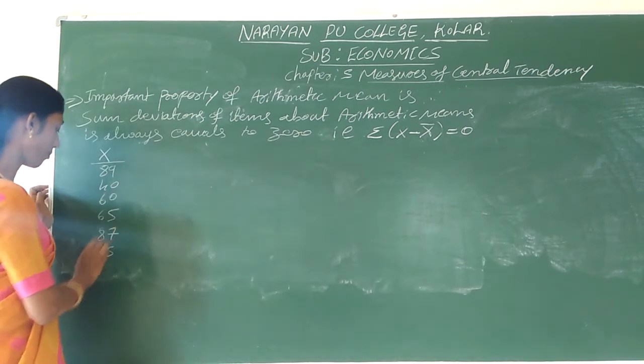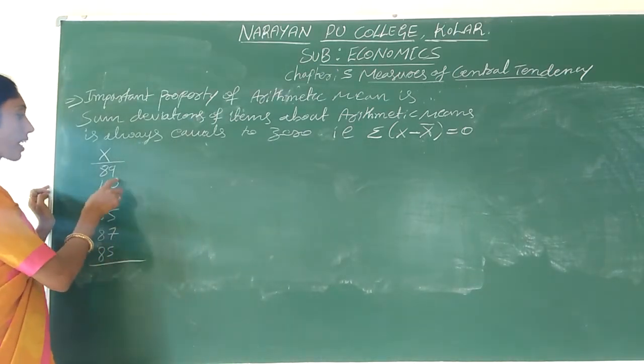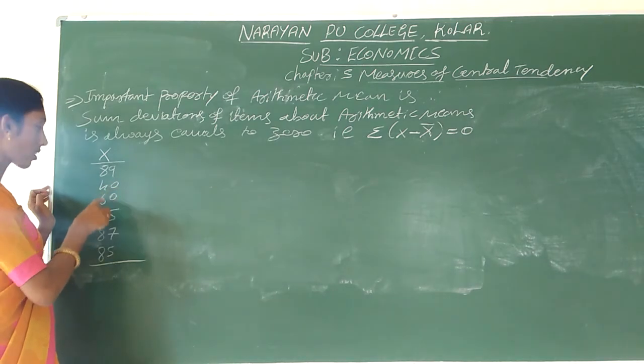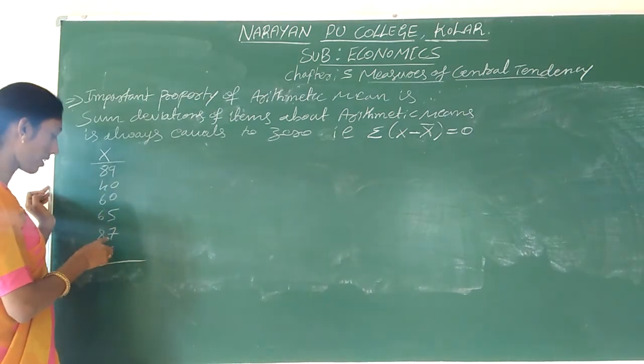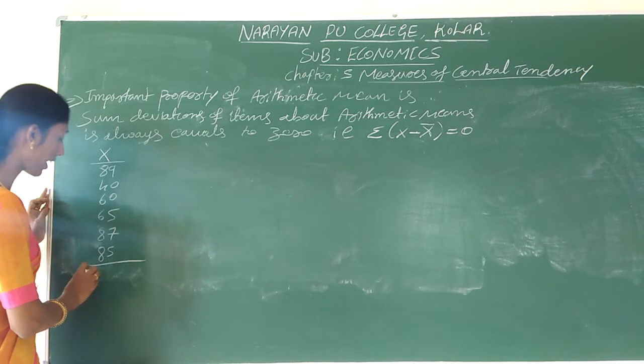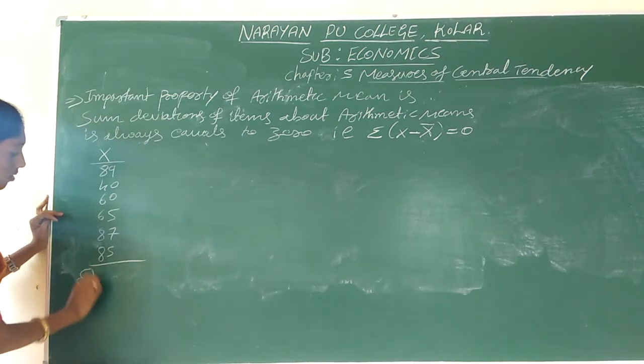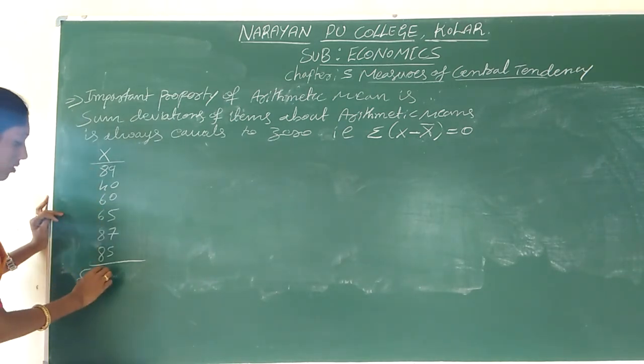We'll check it out now. Add all this: 89 plus 40, 60, 65, 87, 85. We get the sum of all the observations will be